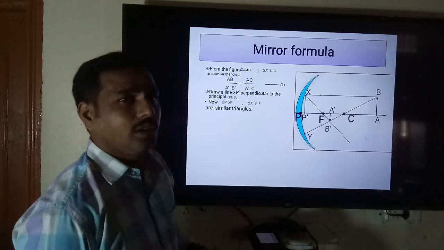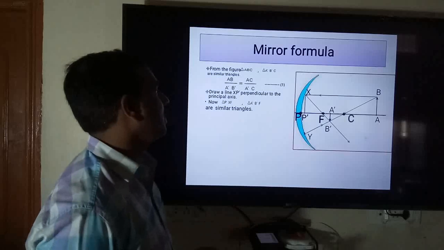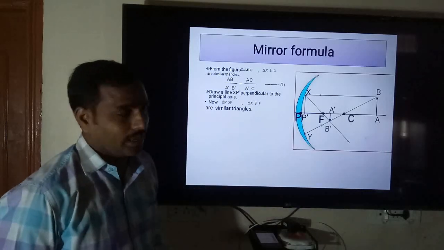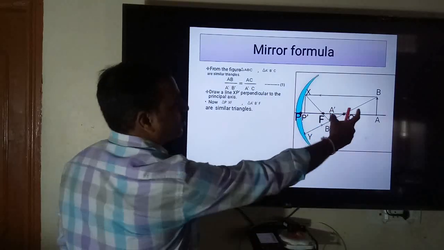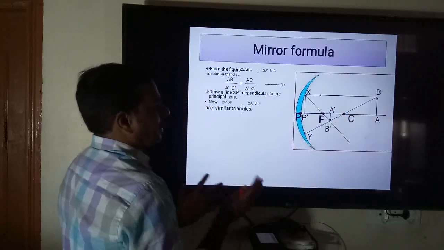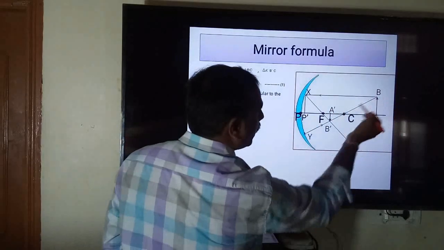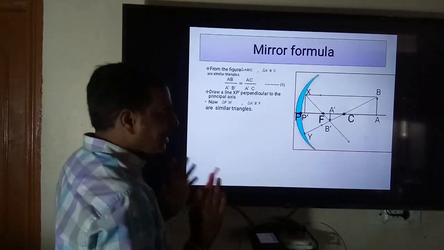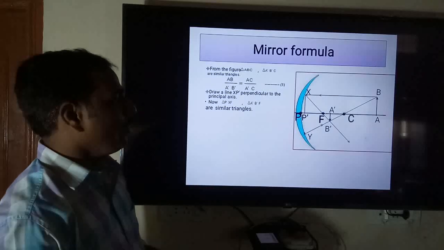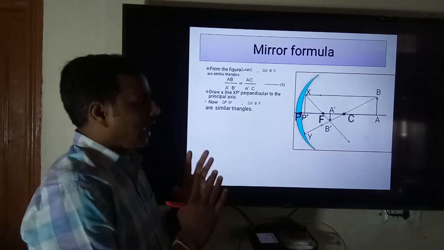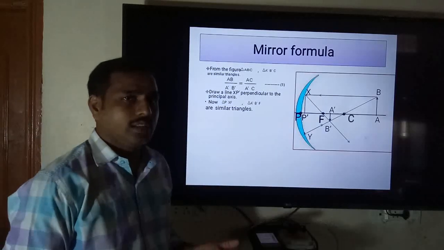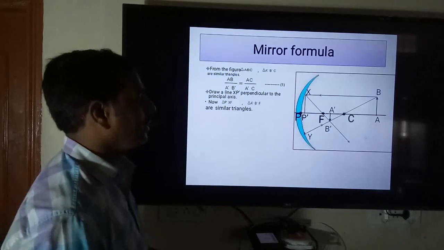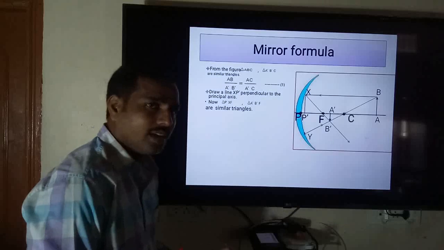Yes, we get one doubt. Sir, you are saying similar triangles. How can we say these are similar triangles? Now I will explain about the first two triangles, then you can understand the second one also. See here, ABC is a triangle. Here A dash B dash C is a triangle. In these two triangles, if any three angles or three sides are equal, then we can say those are similar triangles. In some other laws we can say at least two angles are equal, those are congruent or similar triangles.